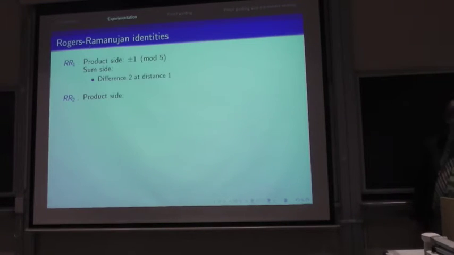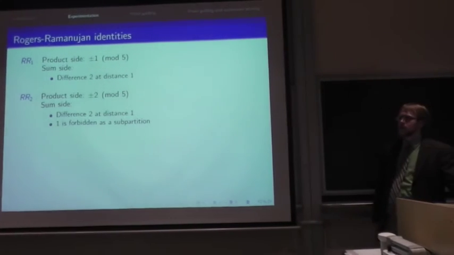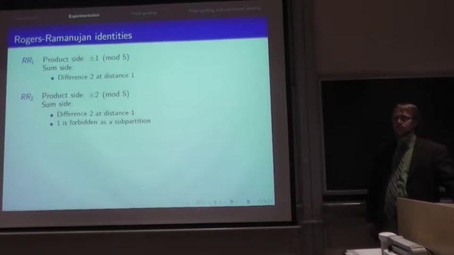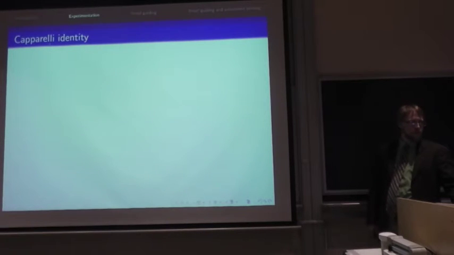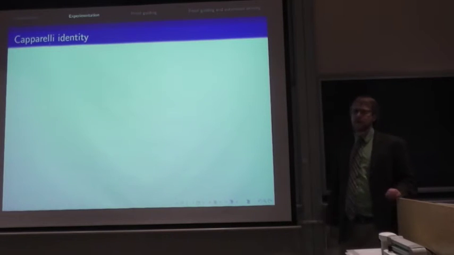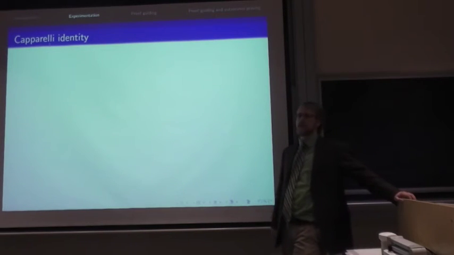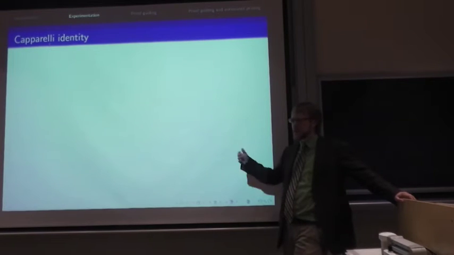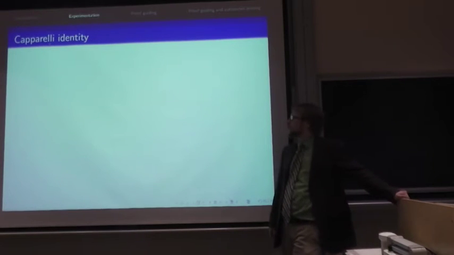The second identity has, on the product side, plus or minus 2 mod 5, and the sum side has the same difference 2 at distance 1 condition, but now we forbid 1, so all parts must be at least 2. I said that one, 1890s for the first discovery, 1910s for the rediscovery, when people really got interested in it. Now we want to fast forward to 1990, give or take a handful of years,